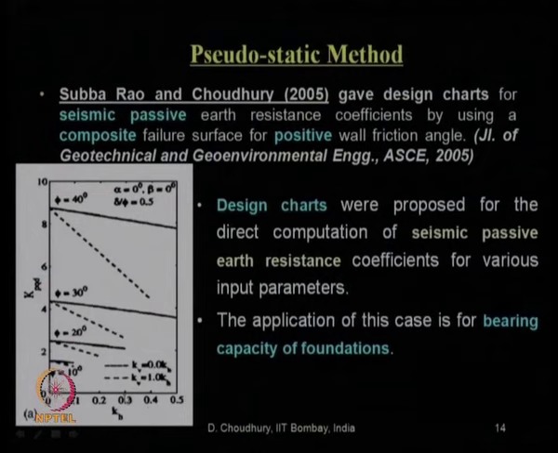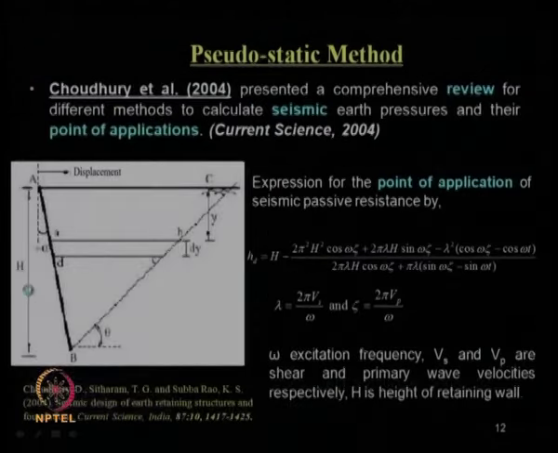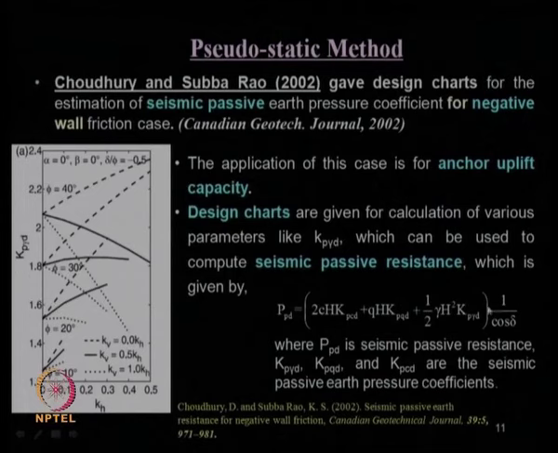They should get the input parameter of the design value of kh, maybe based on the design basis earthquake or something like that, to estimate the kh value and kv value. Based on that input kv and kh value, and the value of phi, the friction angle of the soil at the site, you can go to this chart, get the value of this seismic passive earth pressure coefficient, and directly using the formula as I had already mentioned, you can get the passive earth pressure.